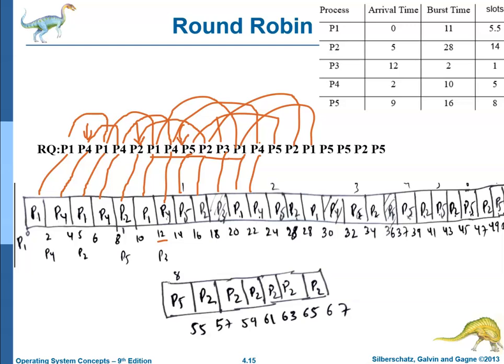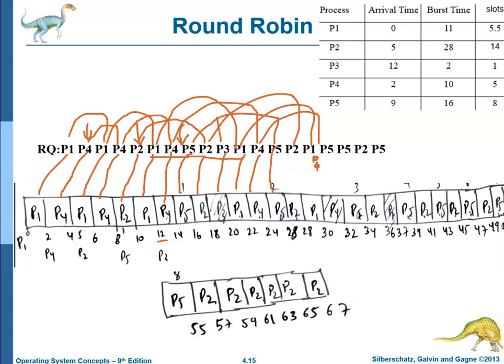After P4 executes, P4 should be added to the end of the ready queue. So here P4 should be there. Okay, here P4 is missing. P4 should be there. So P4 is executed, and after P4 is added to the end of the ready queue, P5 is executed,